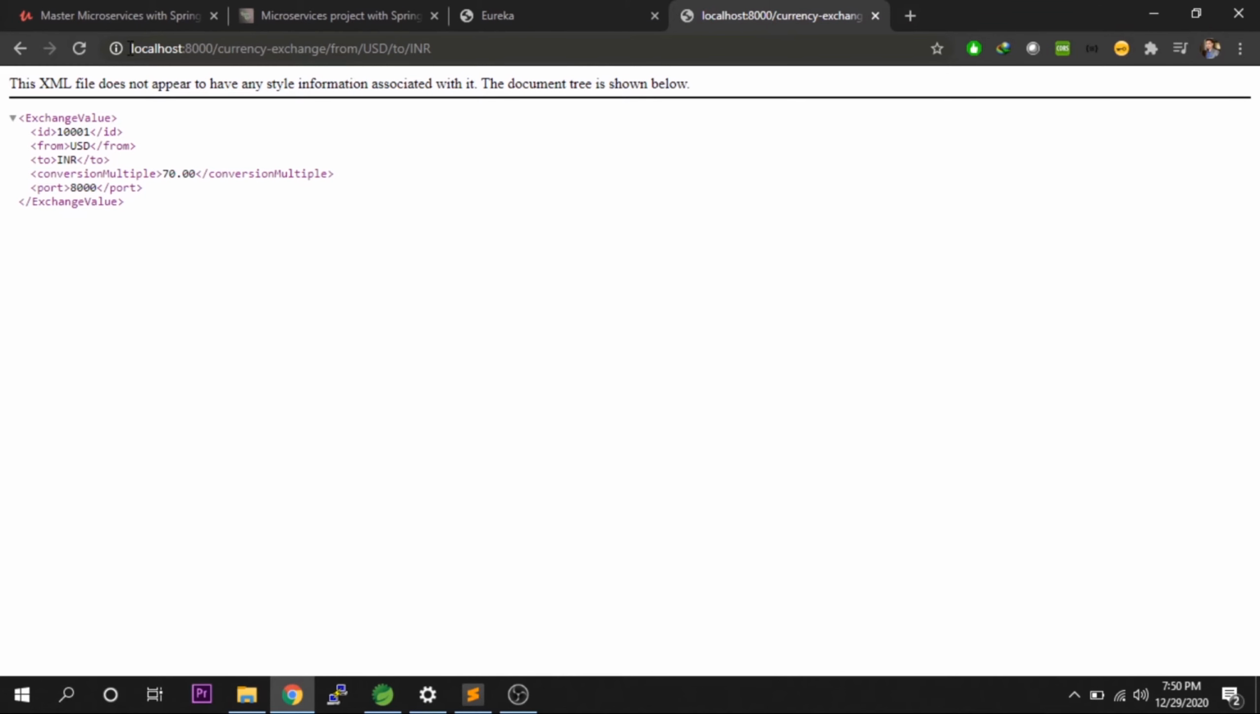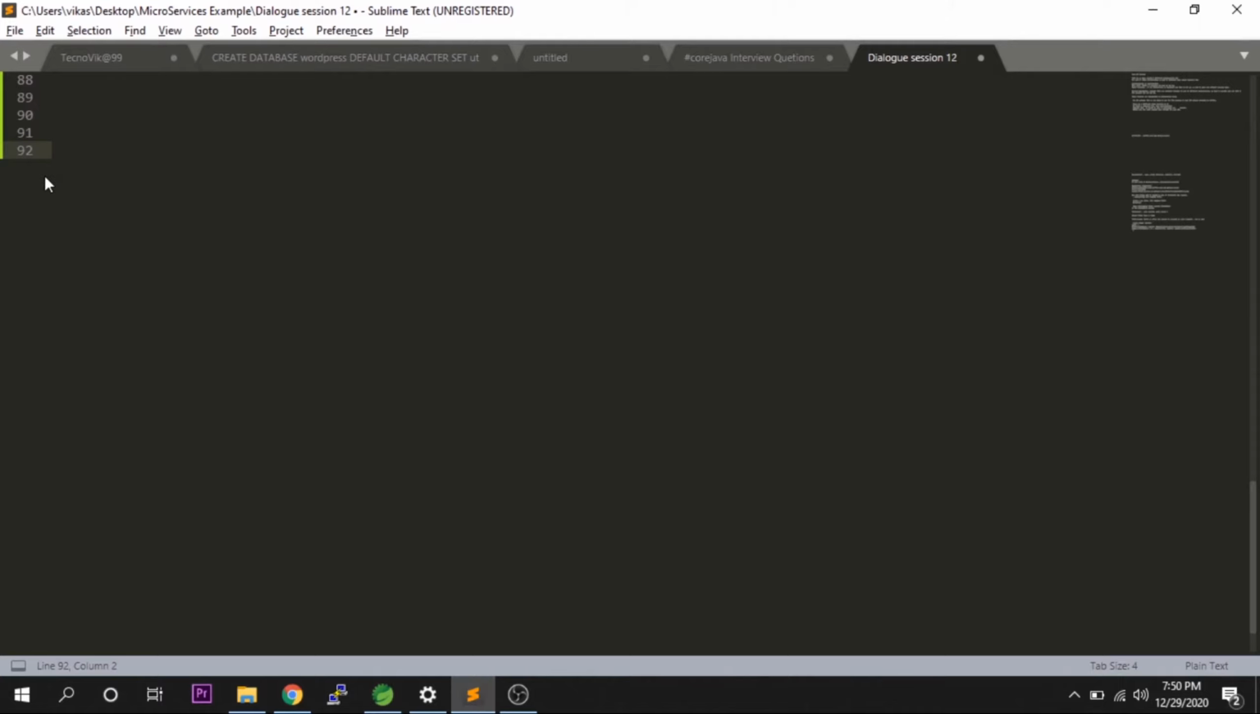And as you know, we are hitting this service directly. If you want to hit this service through Zuul API gateway, you need to form this URL in such a manner that it directly hits the Zuul API gateway. So currently we have this URL, but if we want to hit this through the Zuul API gateway, what we